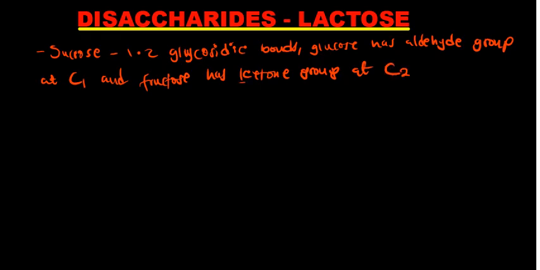So make sure you understand this. This is a very important point to take note of. So you find that this glucose has aldehyde group at carbon number 1, and this fructose has a ketone group